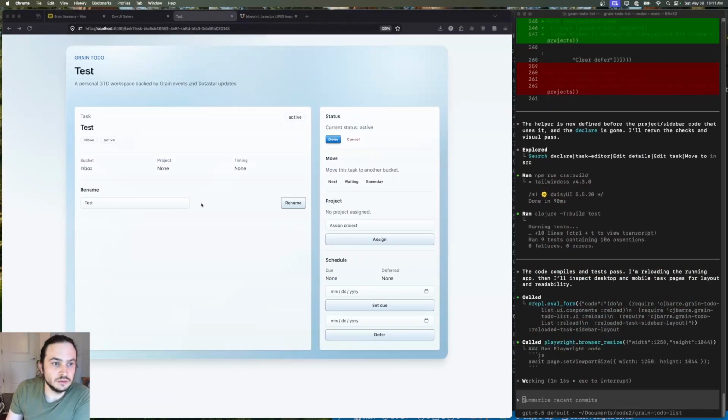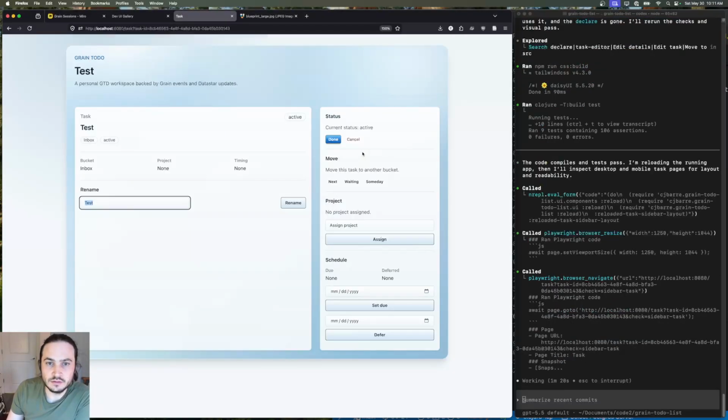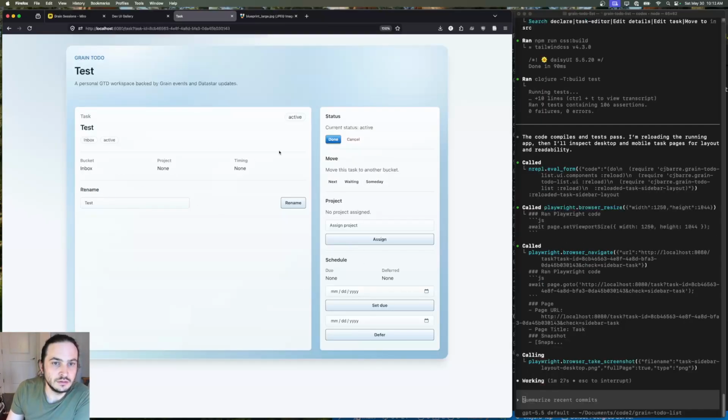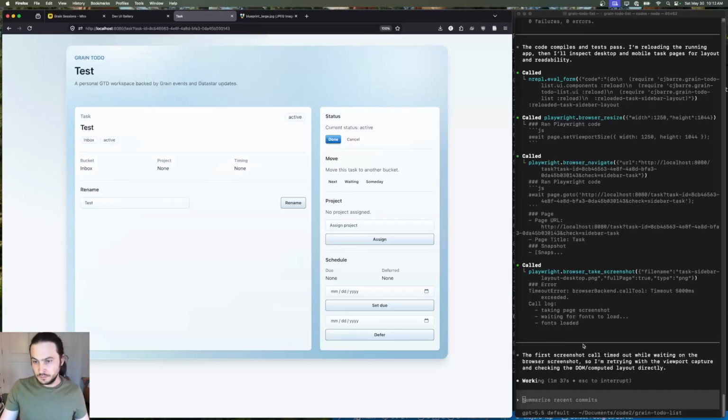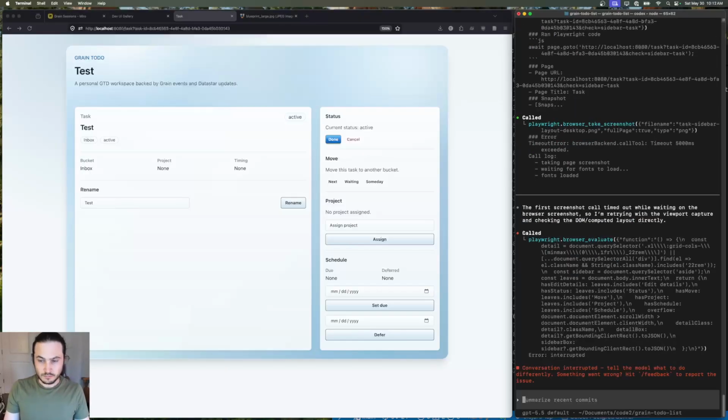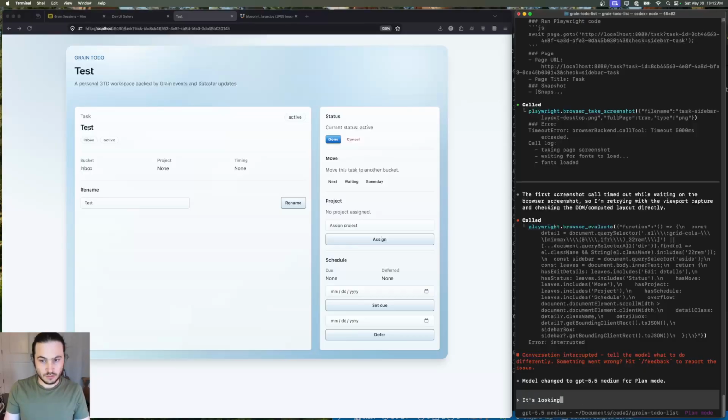Okay, so that's the new sidebar. Truly disgusting looking to some extent. Okay, it's looking better. I don't know why rename is still down there though. Okay, it's looking better, but